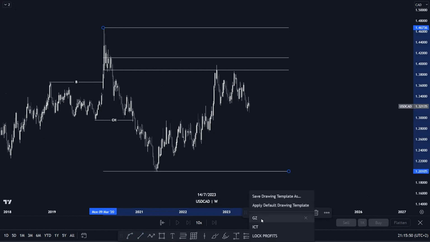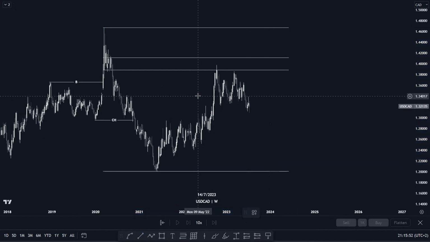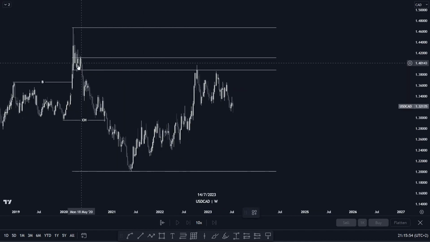So what I like about the golden zone entry, sometimes it can also mark out our supply entry, which is,